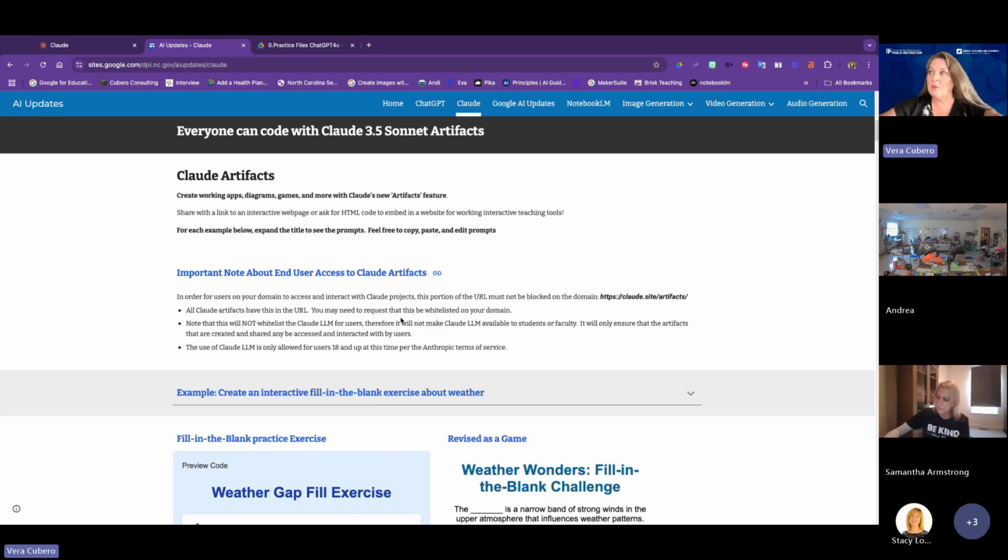If it does not work, what needs to happen is this: at the beginning of every artifact that you create with Claude is this little URL tag, I guess, which is https://claude.site/artifacts/. And if you find that your students or you can't access these on your school campus, that would have